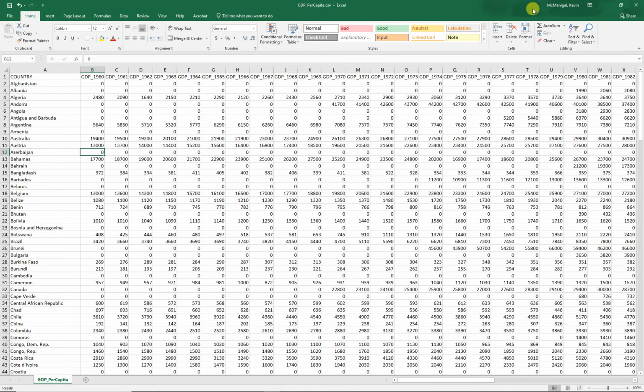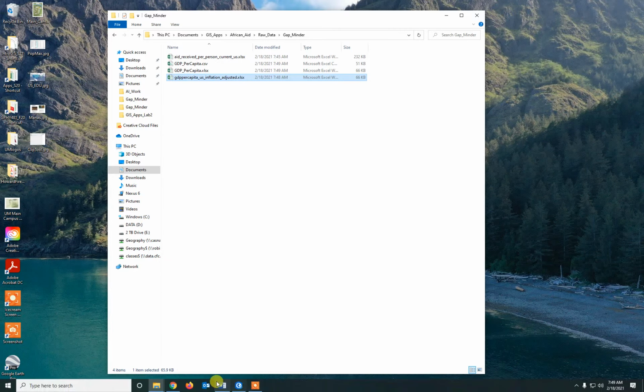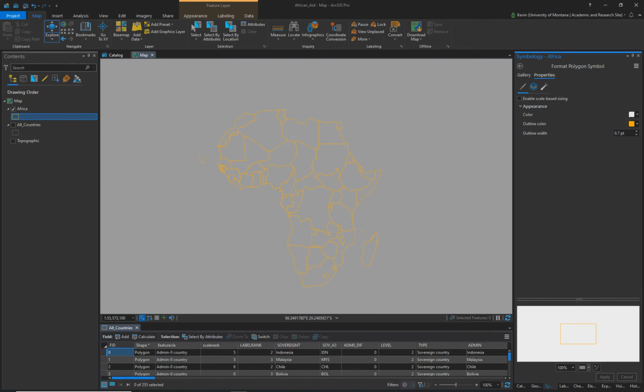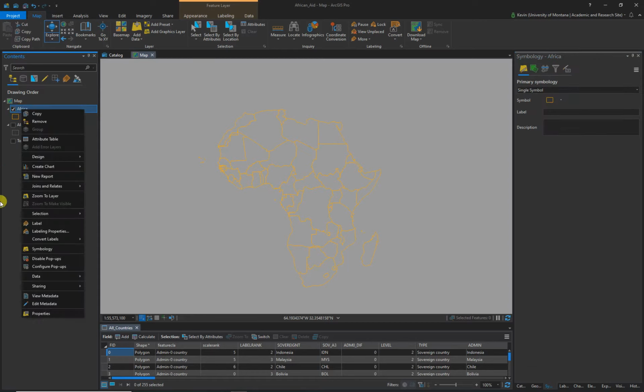All right, and then you want to close Excel. You don't want to leave the spreadsheet open when we're going to be joining data. So back to Pro, and then let me just make sure I got everything right on the instructions. All right, you would do the same cleanup for the aid file as well and get it ready to go, okay? The only difference is that the change of the column is going to be aid underscore in the year instead of GDP. Okay, so if I take my African data set up here and I go to joins and